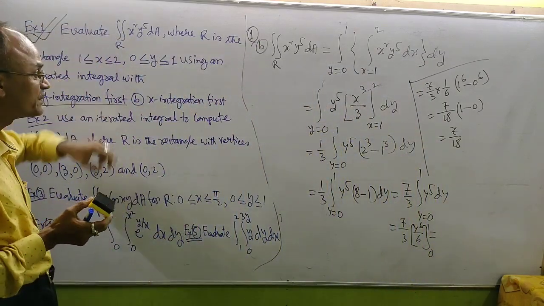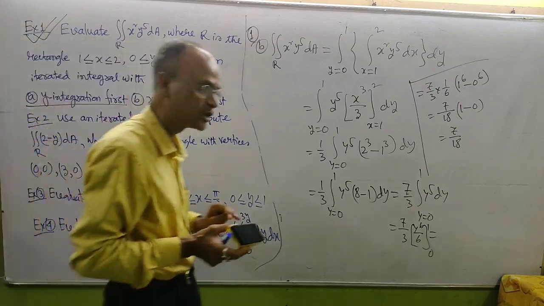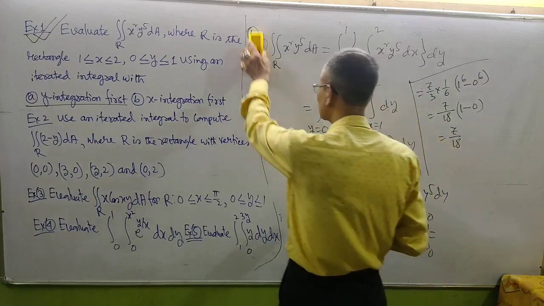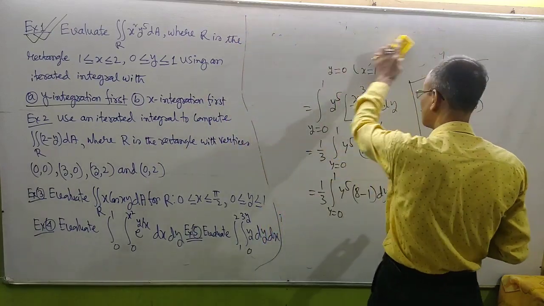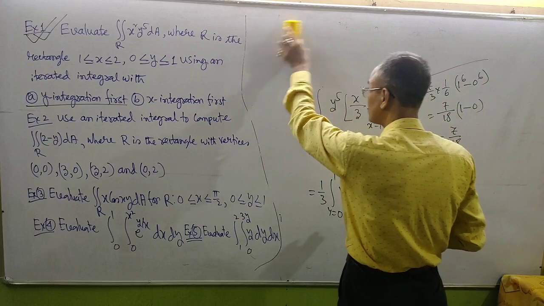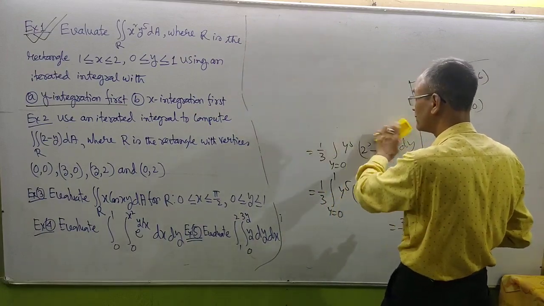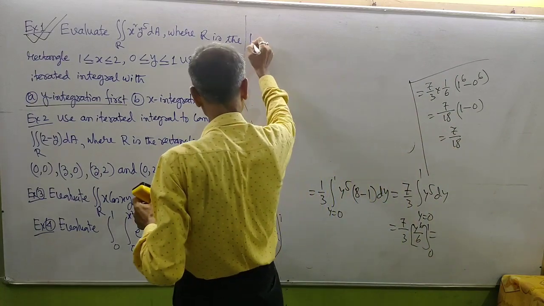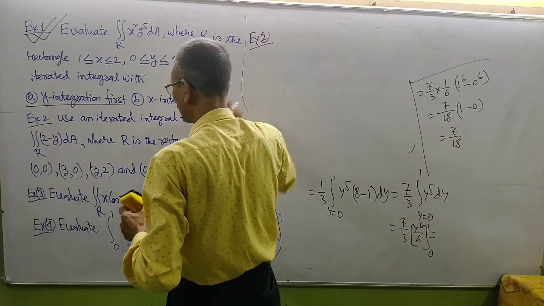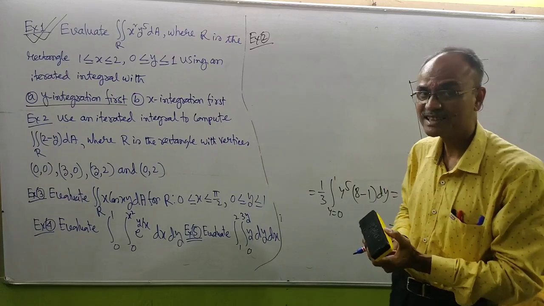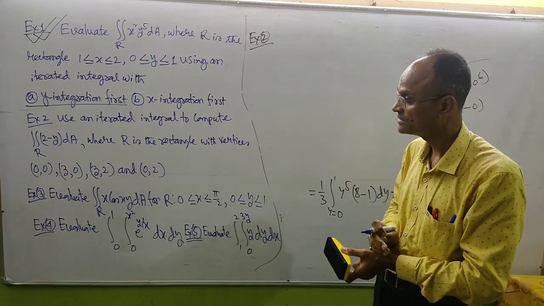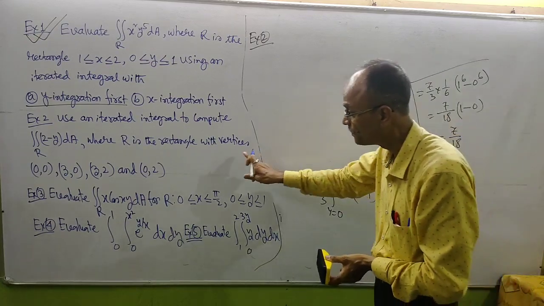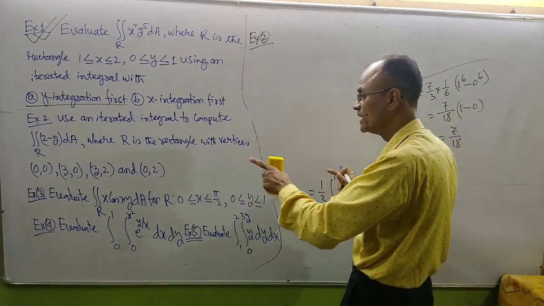It is 7 by 18. Now come to question number 2. Let us try to solve question number 2. Use an iterated integral to compute this, where R is the rectangle with vertices 0, 0, 3, 0, 3, 2,